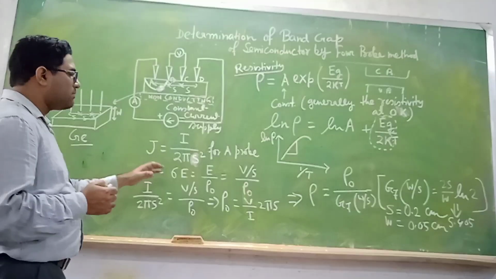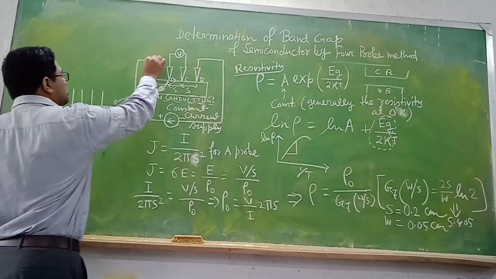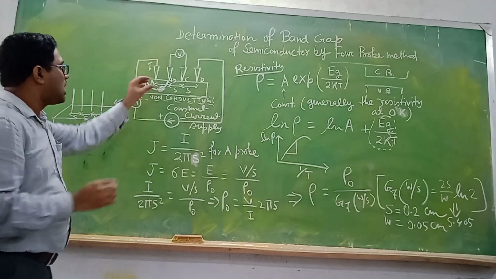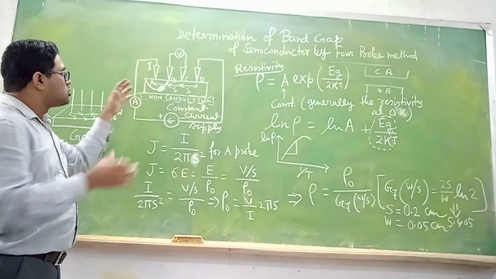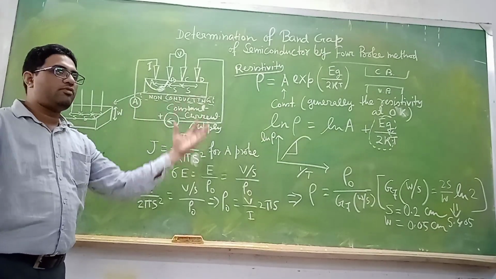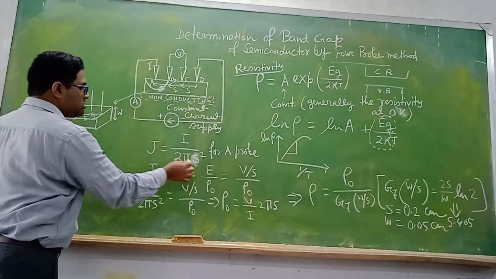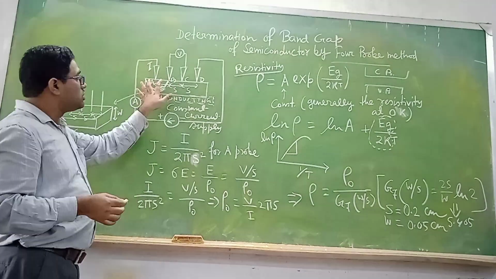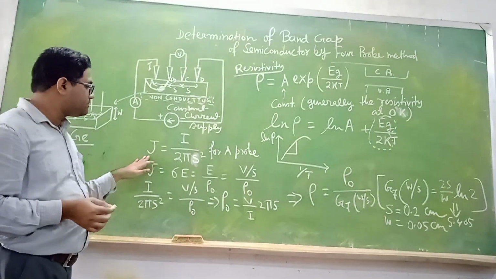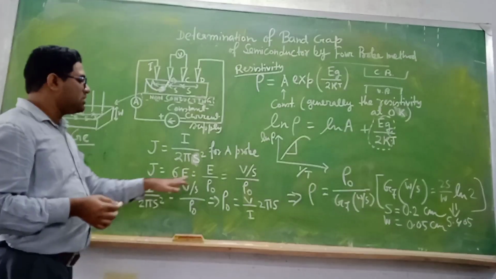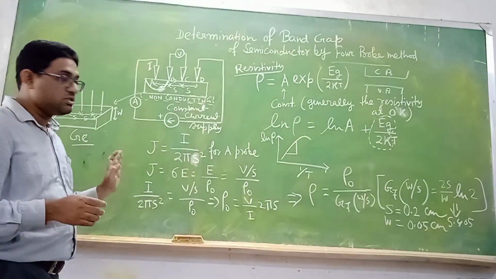Now how can we find out the resistivity? Okay, let's see. When we are sending the current through this, suppose we are sending current I, this current will be distributed uniformly, and when it reaches here, it maintains a hemispherical form. So the surface area up to this is 2 pi s square, if s is the radius. J is the current density, right? Now you know J is sigma E, that is E by rho 0, where sigma is 1 by rho 0. Sigma is the conductivity, rho is the resistivity.